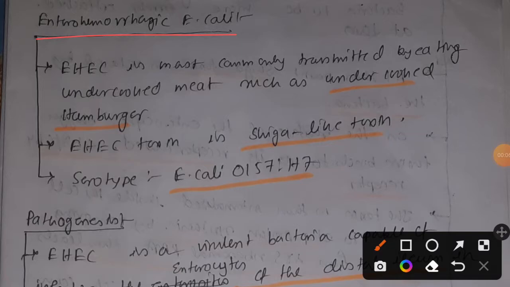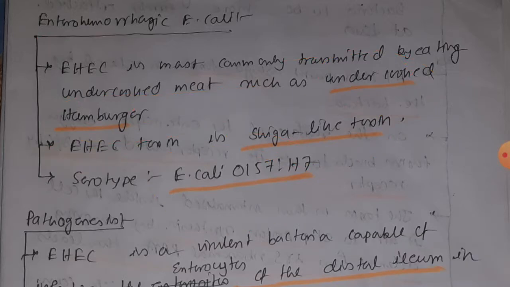So today we are going to discuss enterohemorrhagic E. coli. Okay. In yesterday's video we talked about ETEC. Today's discussion is all about EHEC. EHEC is most commonly transmitted via undercooked meat, especially undercooked hamburger. Okay. So the EHEC toxin is nothing but a Shiga-like toxin. EHEC produces Shiga-like toxin, and the serotype for EHEC is E. coli